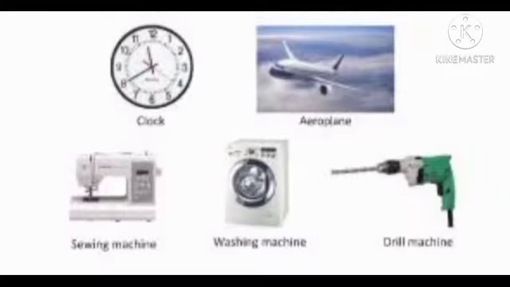But for the introduction, I'll show you, observe the machines shown in the following picture. For what purpose are they used? Can you name some other machines of this kind? There is a clock, there is an aeroplane, there is a sewing machine, washing machine, drill machine. Correct? You all know for what reasons these are used. Correct? These machines basically have many parts which carry out many processes for completing a task.